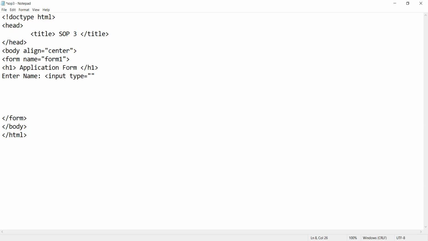Now here we want to enter a name, so for that we are going to require a text box. The value for the text box is text, so input type is equal to text. Then we will also specify a name property, and I will be giving an id for that. Okay, so this is our text box. Now let's check our output.